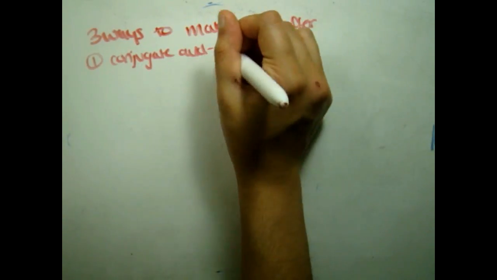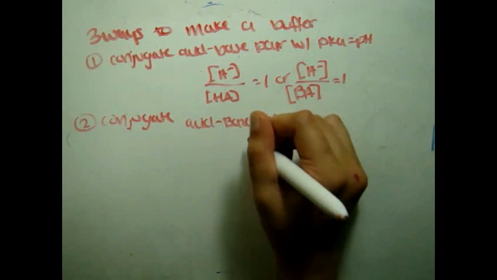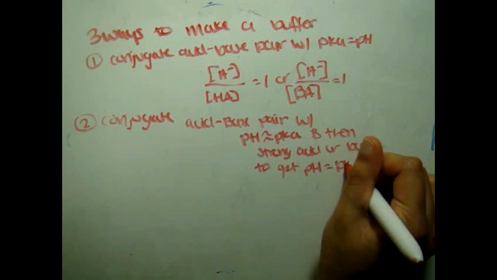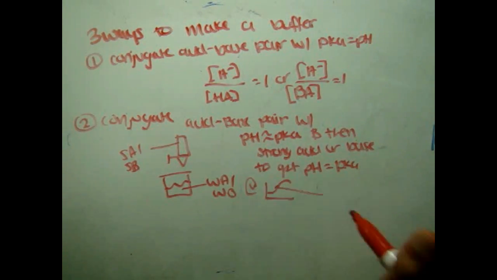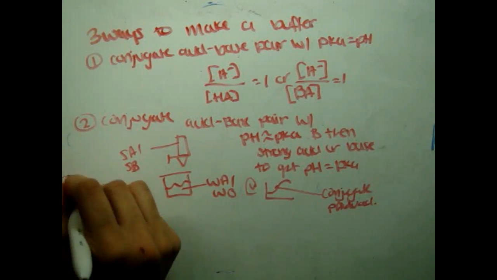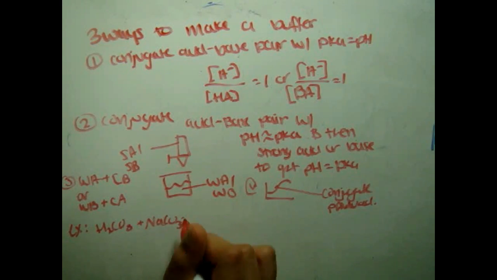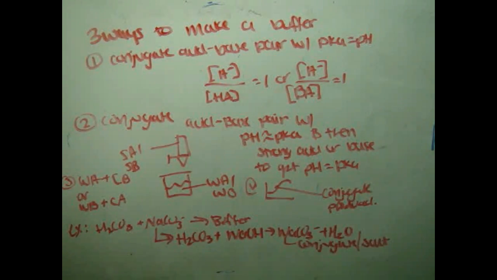There are 3 ways to make a buffer. 1. Use a conjugate acid base pair with a pKa the same as the desired pH. 2. Use a conjugate acid base pair with a pKa close to the desired pH and then add strong acid or strong base to get the exact pH required. 3. Use a weak acid or weak base and partially titrate that with a strong acid or strong base. By neutralizing a portion of the weak acid or base, a salt is formed that contains the conjugate of the